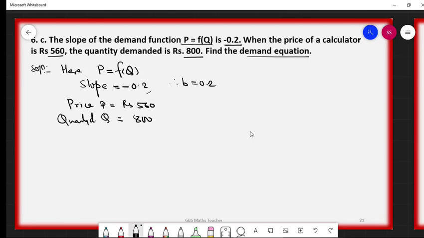We know P equal A minus BQ. When price is 560, minus 0.2 times quantity 800, or 560 equal A minus 160. Therefore A equal, adding this, 720. Now the demand equation